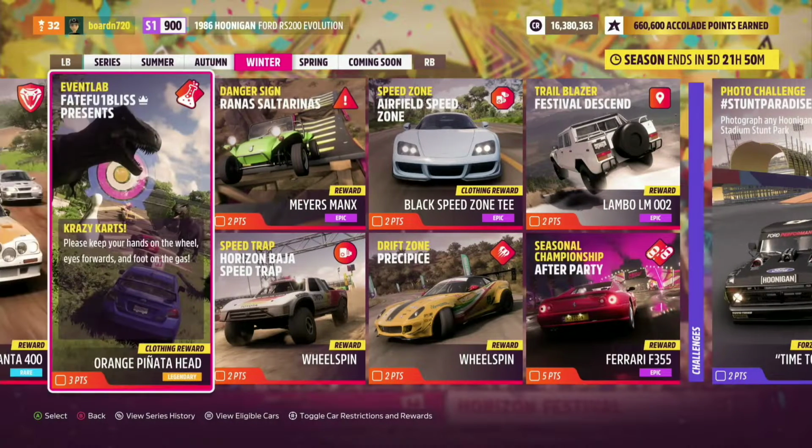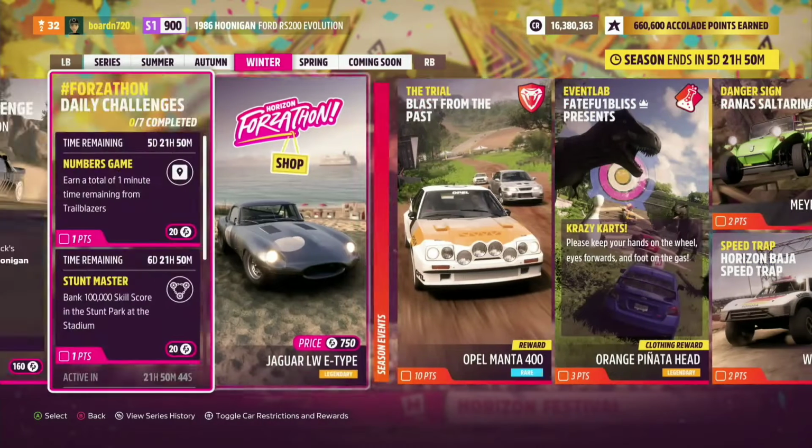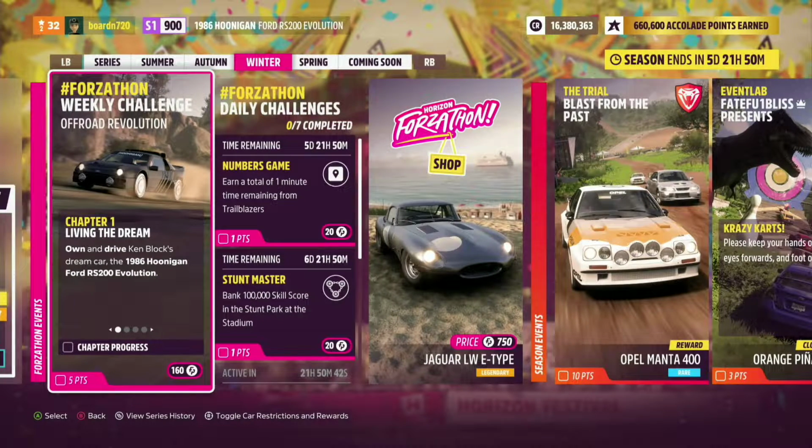That's always fun. And then what you guys were here for, this is going to be your weekly challenge car. This is the 1986 Hoonigan RS200, chapter 1 of that. So we're going to go ahead and go through all of this week's chapters 1 through 4. I've already tuned the car, so hopefully the tune that I built for it is going to complete all 4